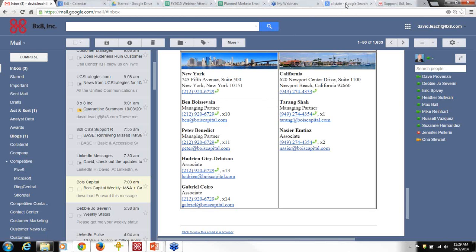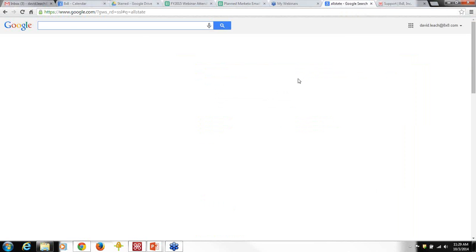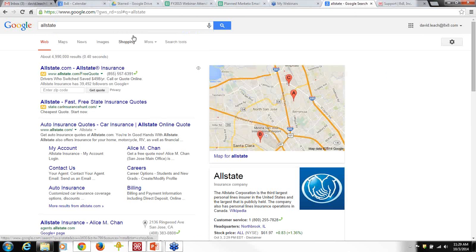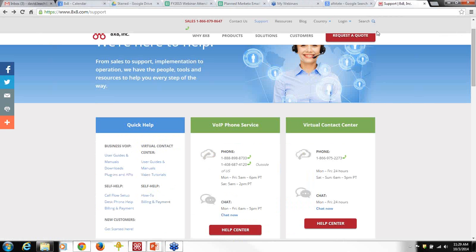phone number. If I go out to the web and I key in something like Allstate, which is a good example because insurance people want you to be able to call them, and typically there's a phone number associated with it. So here I find a phone number on the web, and I can click to call that phone number straight from the web. The way I set that up is not out of the box,